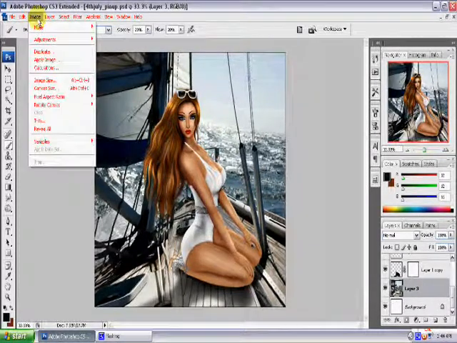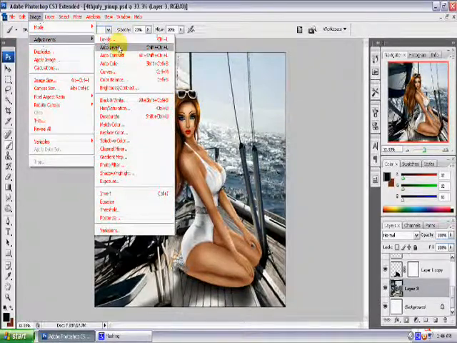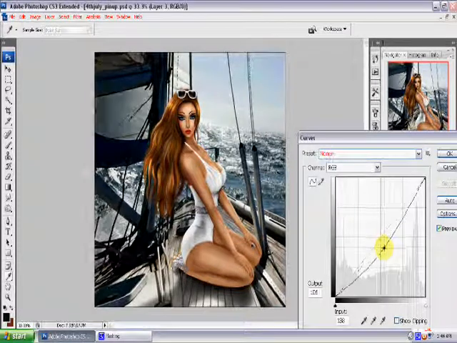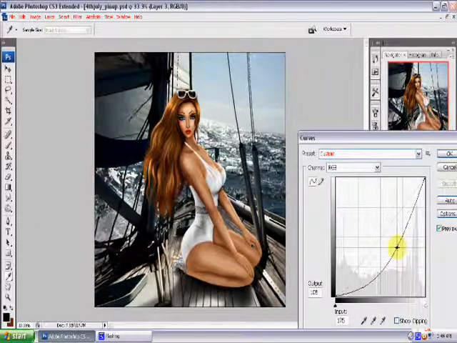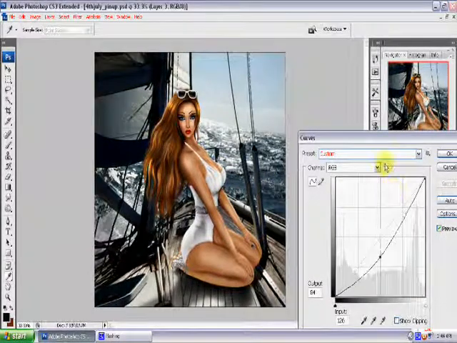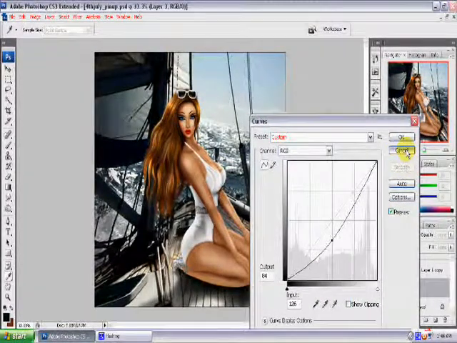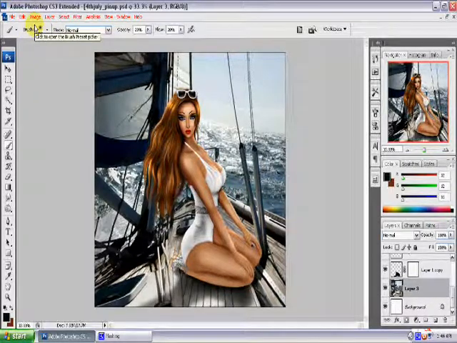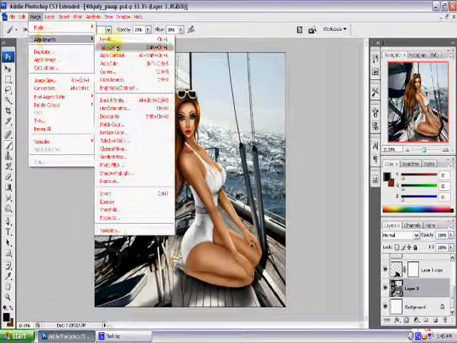Also, your levels and curves. I didn't show you how to do that. It brightens up, it darkens, it changes things also, so play around with that. I know every technical thing, but I know what you should use to make your background look a little bit sharper or darker or whatever effect you want. So levels, curves,